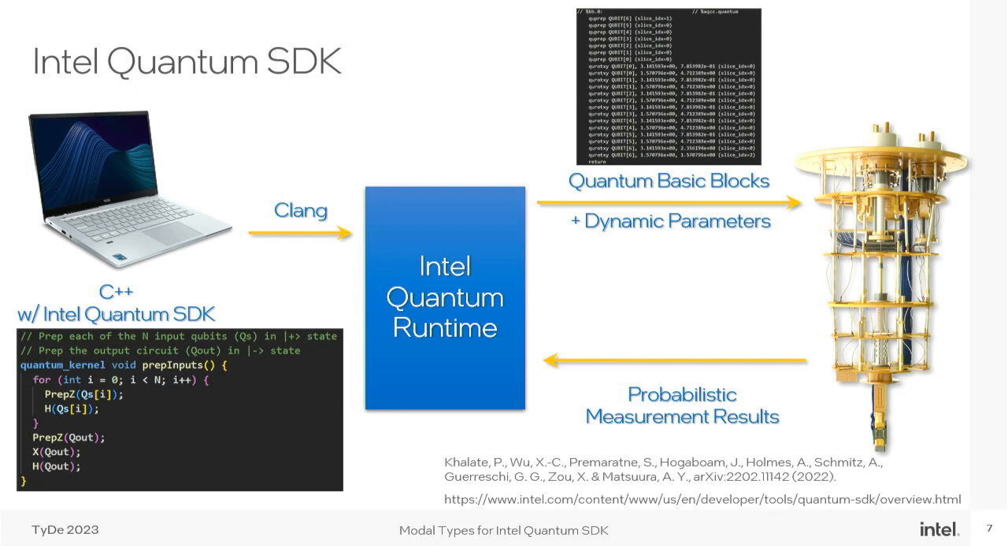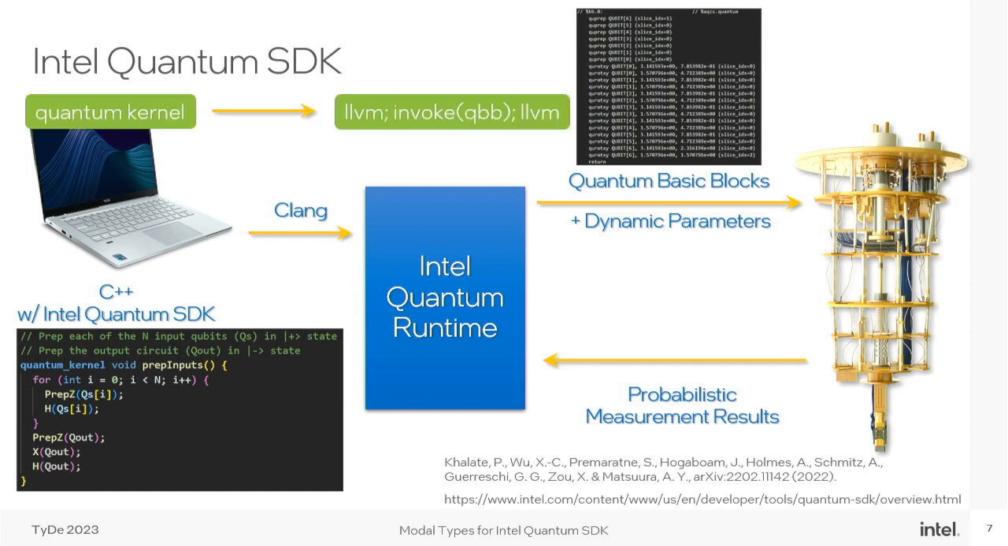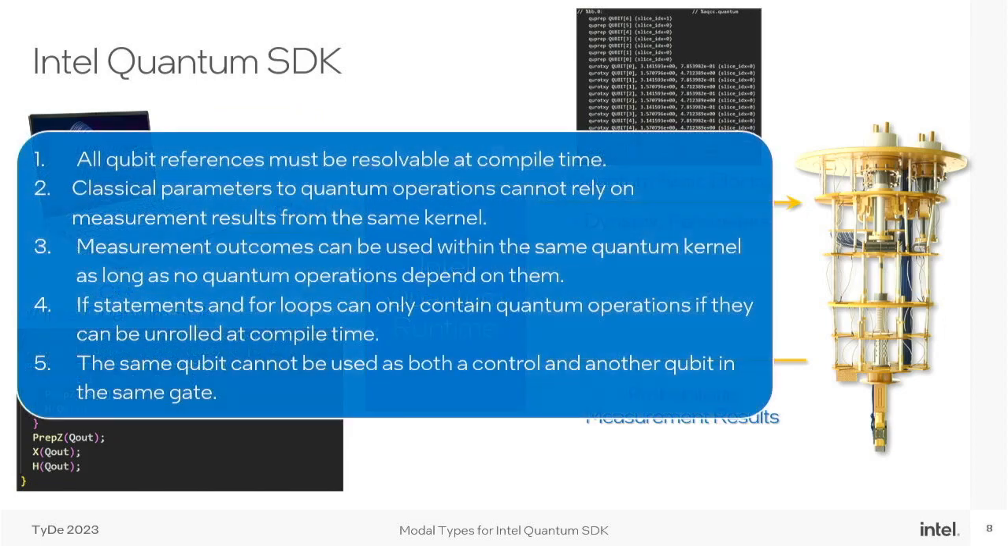Now, the compiler enforces the property that every quantum kernel, which again can contain both classical and quantum operations, gets compiled to at most one invocation of a quantum basic block. So in general, it'll be compiled to some classical preprocessing, some invoking a quantum basic block, and then some classical postprocessing. And so in order to enforce that,